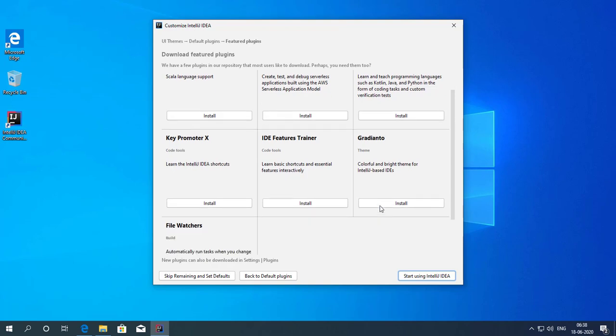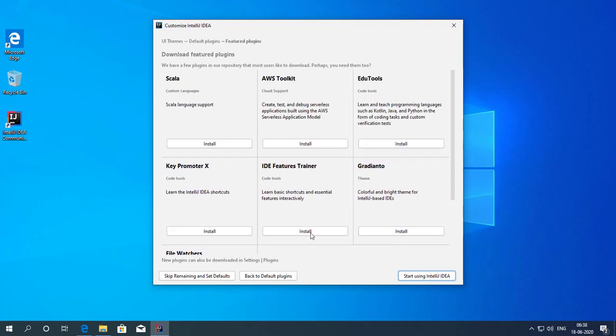Here there are some important plugins, but we don't need any of them to develop Java programs. If we need one, we will install it later and explain that plugin properly.